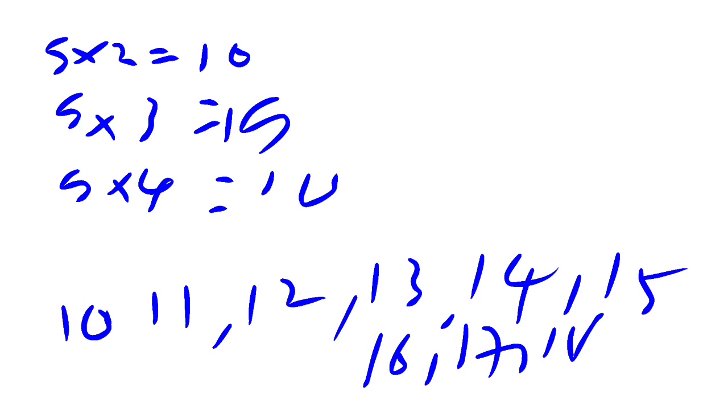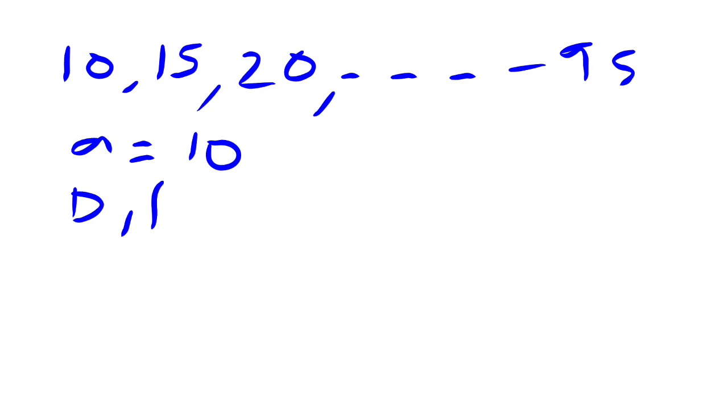So let's find out the last two-digit number. The last two-digit number is 99, but it is not a multiple of 5. So 95 is the last two-digit number which is a multiple of 5. So here, 95. But we have to verify whether this list of numbers forms an AP or not. That is very important. So to verify that, I am going to find the differences.